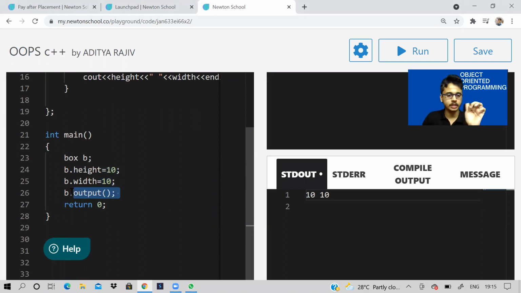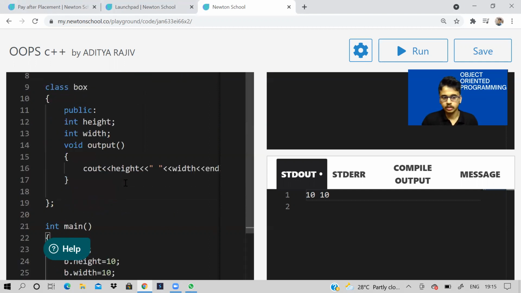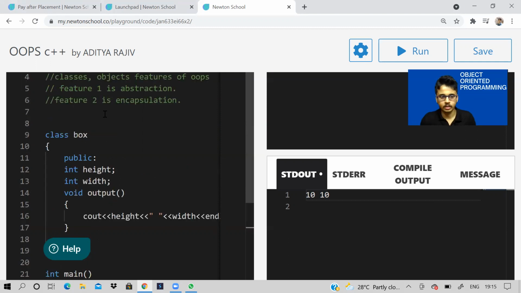So the dot operator is used to either assign a value or to call a function. There are a lot of other concepts like constructor and destructor, which we will be discussing in a future part. This is just a basic introduction. So feature 2 is encapsulation.